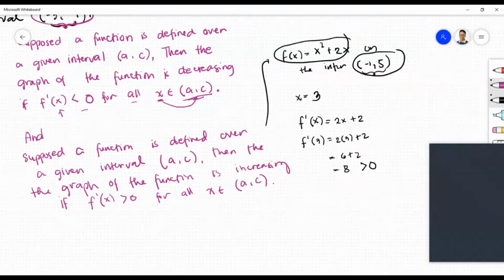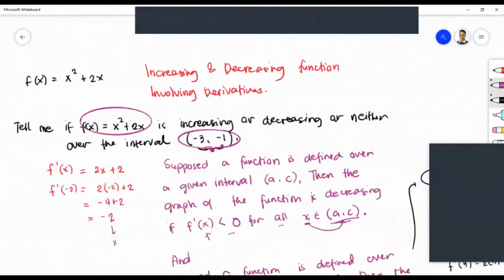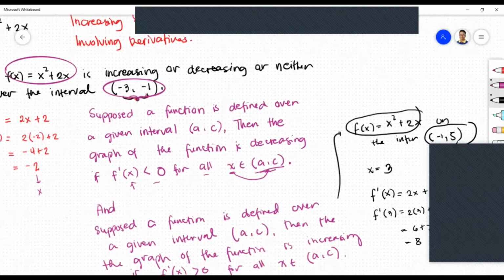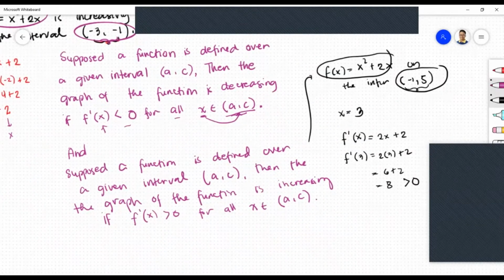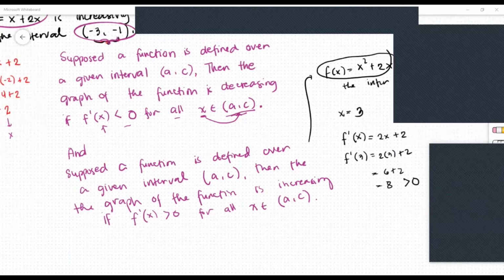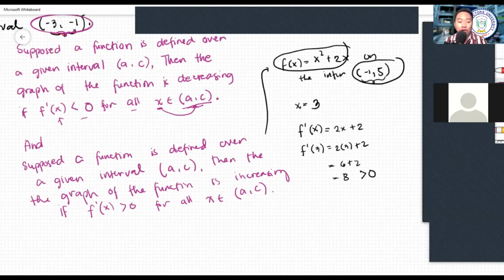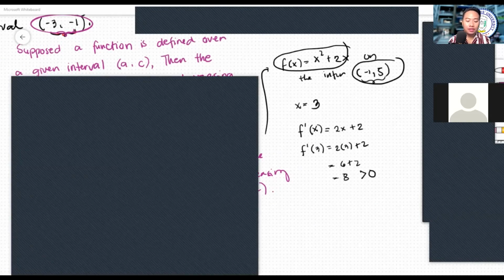It's increasing. So without using the graphing way of determining if the function is increasing or decreasing, we can use the concepts of derivative to tell if the function is really increasing, decreasing, or not. Okay? Any questions so far? None? Okay. I'm going to show you the GeoGebra